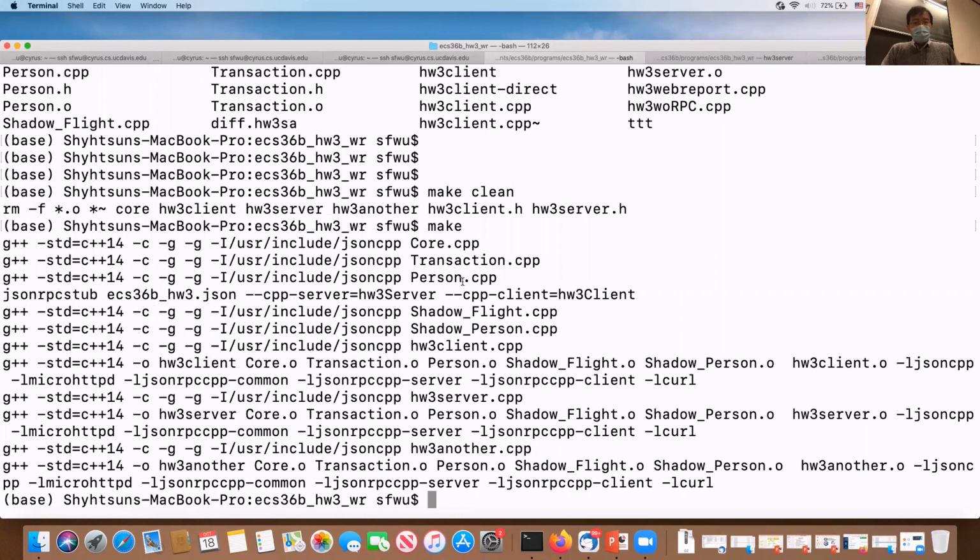transaction.cpp, core.cpp, person. Those are the three classes, essentially the same as your homework assignment number 2, but I kind of extracted the core part out of that. So the core is a superclass, or the base class, for both person and transaction. All right, and then what I did, you see that here, there is a JSON RPC stub. As I mentioned, that's basically the code generator reading from that specification about how the remote procedure call should be